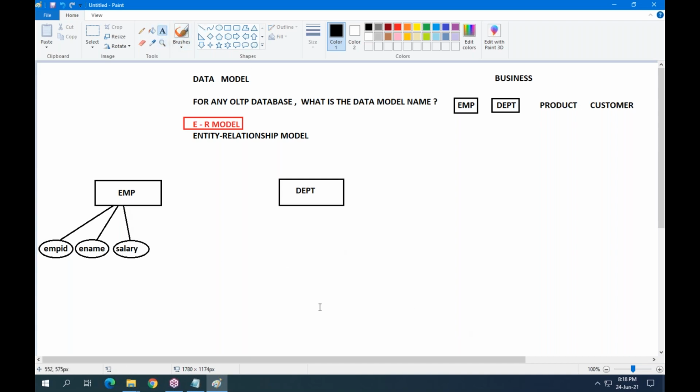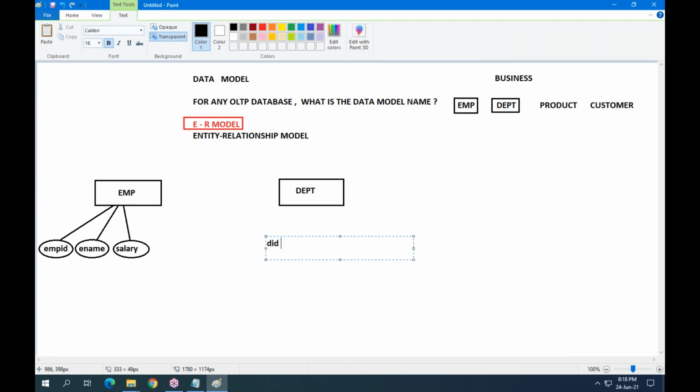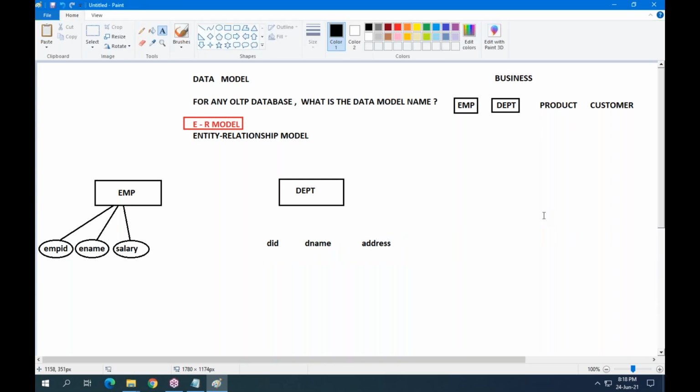Next, department. It has some properties. What are the properties? Department ID, department name, department address.